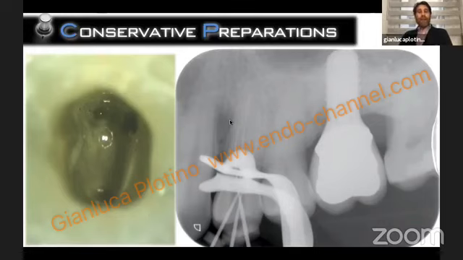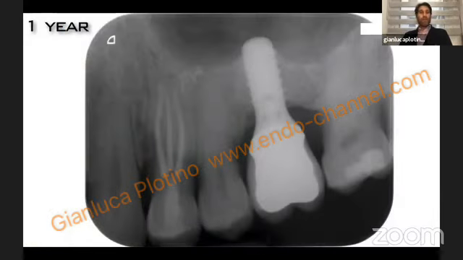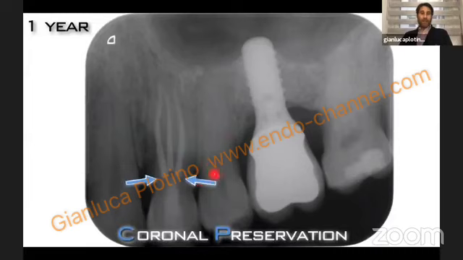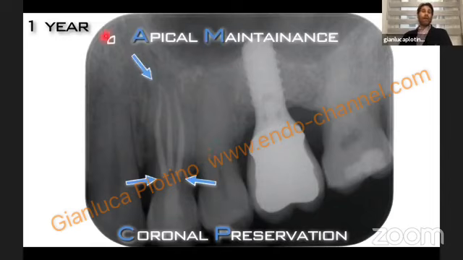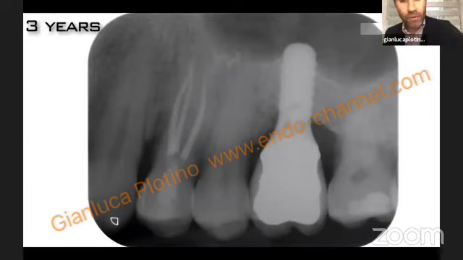But then maintaining, as in this case of a premolar with 3 root canals, this coronal preservation of pericervical dentin, because we know that, for example, the premolar always fractures in that area, while maintaining the apical anatomy. So you need the instruments to permit you this approach. This is very, very important.